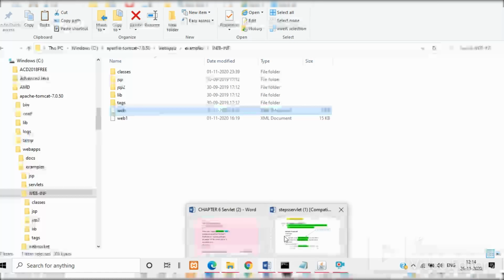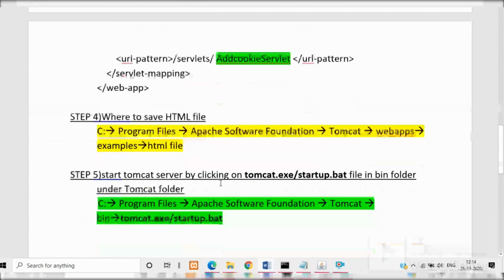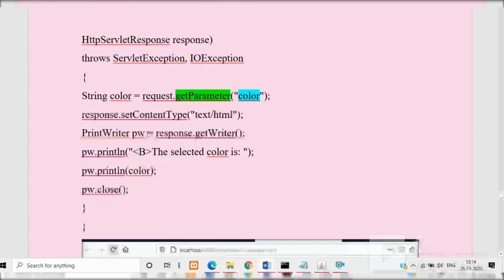Next step is step number 4. Step number 4 is where to save the HTML file. Now, where to save the HTML file? In the examples folder. In the examples folder, you should save the HTML file. Now, the code for the HTML file is,